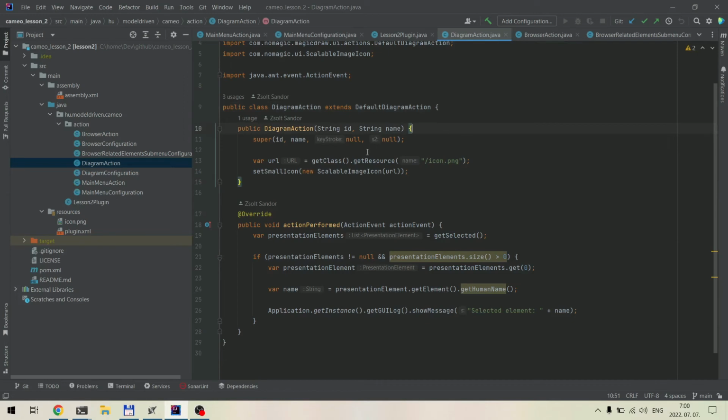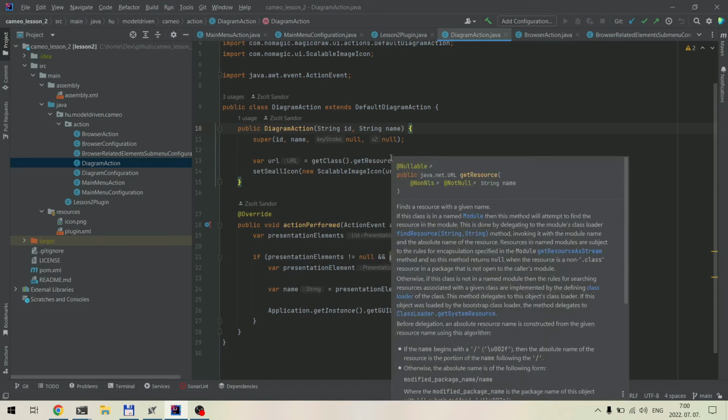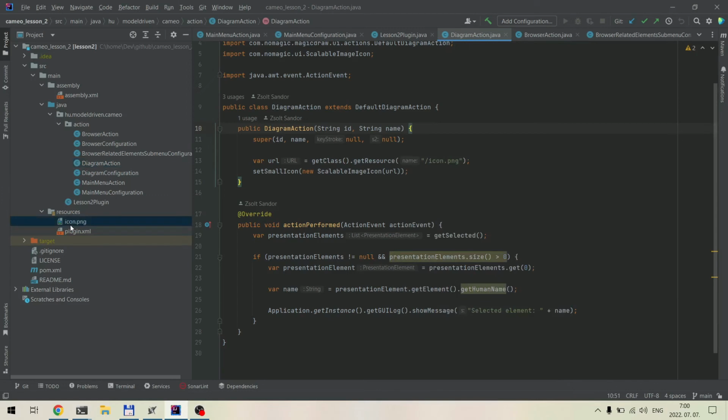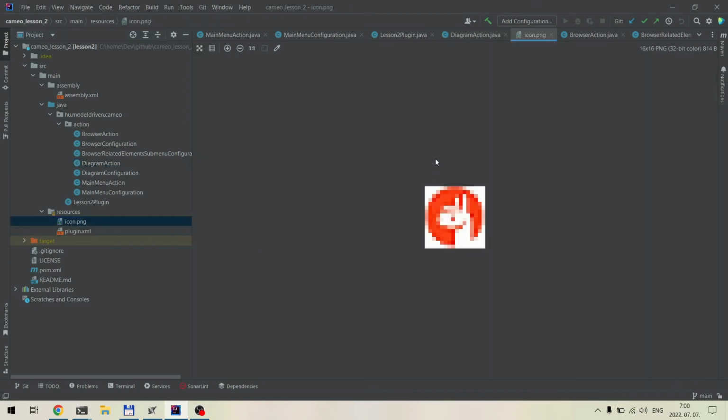What we did here in the constructor, the beginning is the same, it's just copy paste. At the end, we wanted to locate a resource, the icon. This is the icon, which is in the resources folder, this alpaca icon, which is 16 by 16 pixels,